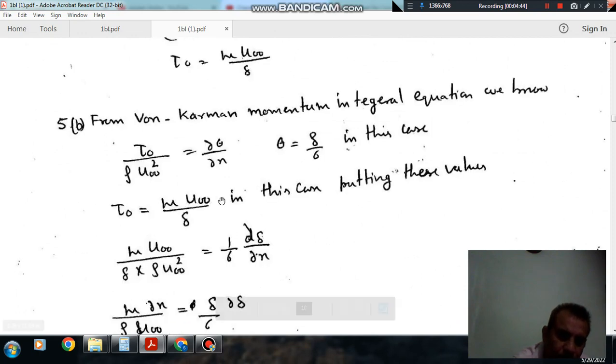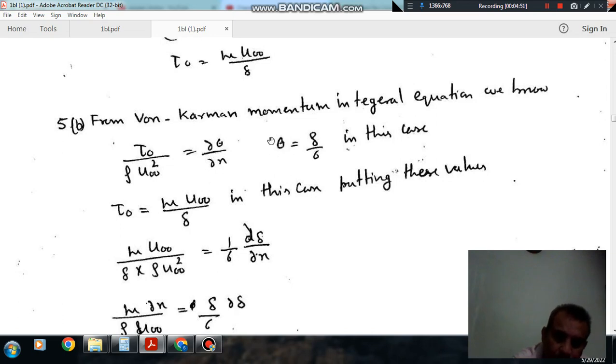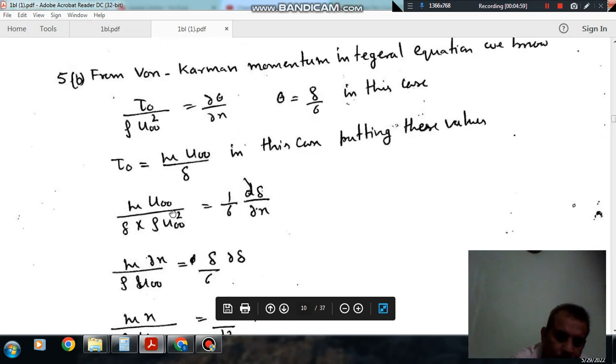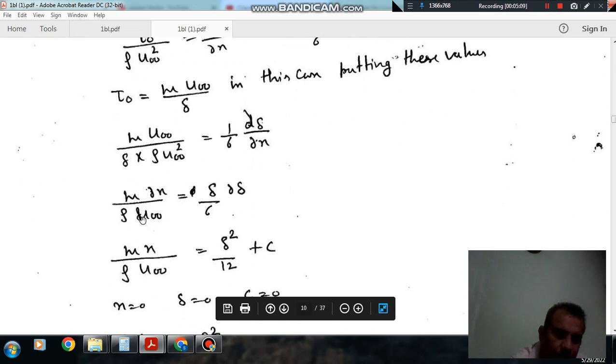So putting these values, now it is dθ/dx, so differentiating it with respect to x, dθ/dx will be 1 by 6 into dδ/dx using the chain rule. So here we can take dx here and dδ here, and then integrate. So it will be mu x by rho u infinity is equal to delta square by 12 plus